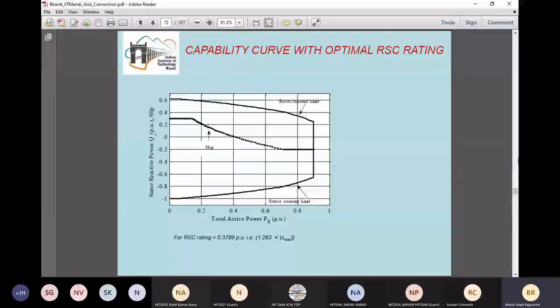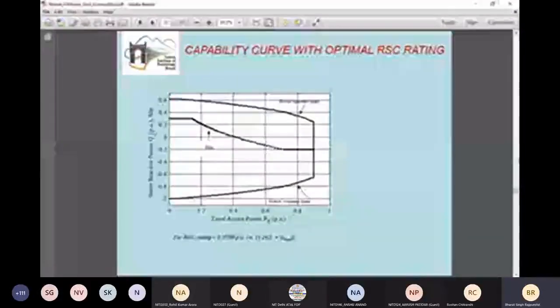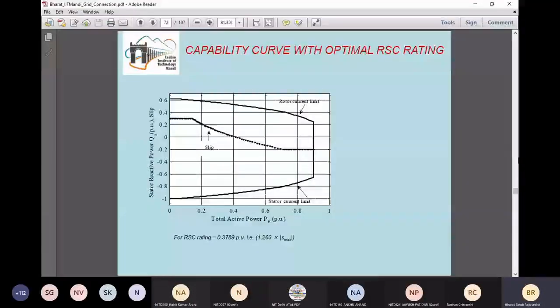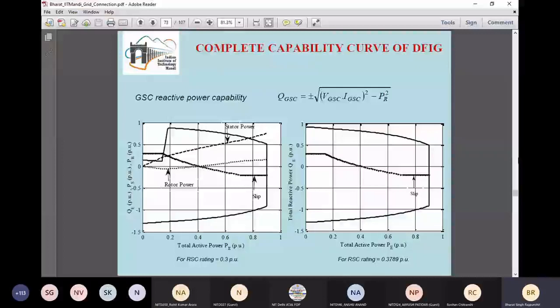So this is how a capability curve of a DFIG can be obtained, and similarly all these curves can be combined together for an overall wind farm and can be provided to the transmission system operator, so that the operating point can always be known. Next slide please. So what we have discussed earlier, that the grid side converter can also act as a static compensator